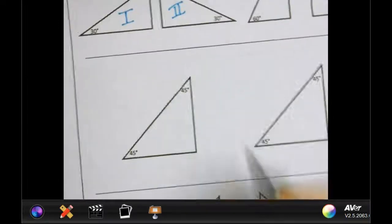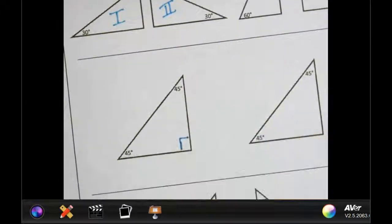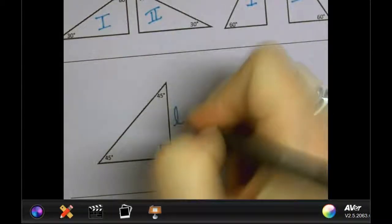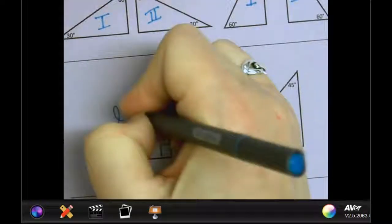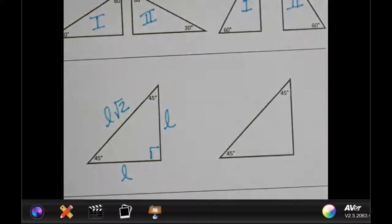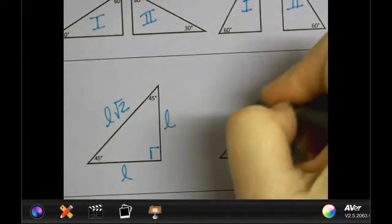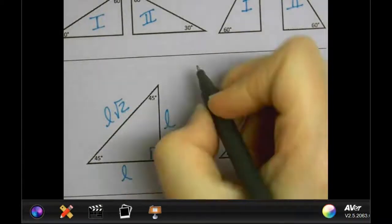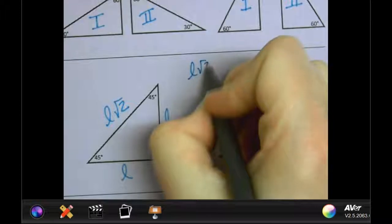Then this right here has to be 90. Is this a special right triangle? Yes. And we labeled this L, L, L square root of 2. Right. So on this one, we're going to make the hypotenuse 1. All right. We'll look at why they're all 1 in just a minute. Which means I have to come up with the legs. So it's not quite as obvious as the rest maybe, but we can figure out what it is, right? Hypotenuse is L square root of 2. So if I say L square root of 2 equals 1,